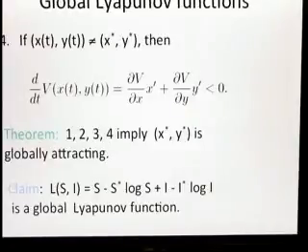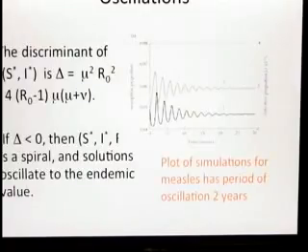At least all initial conditions in the open first quadrant. Okay, so we have this equilibrium point, which we know is globally attracting. So it could be a node, or it could be a spiral. If it's a spiral, then we have oscillation. So let's study that case a little bit. And it could be either, depending on parameters.